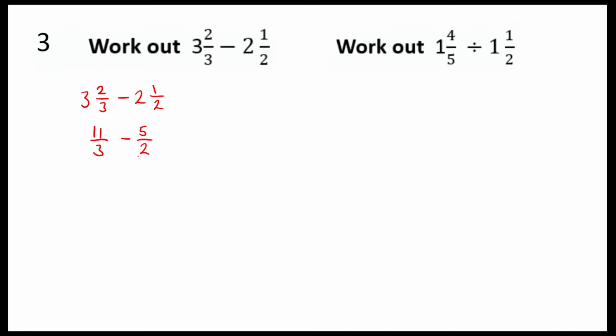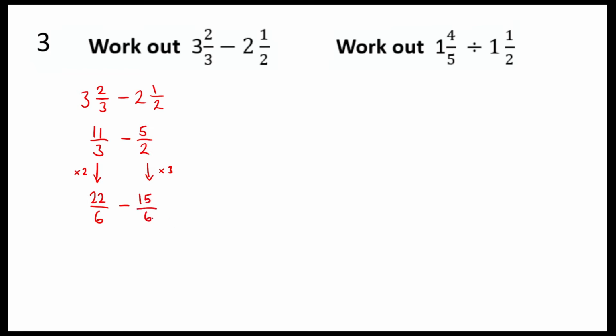The next step we want to do is make a common denominator. So I think with 3 and 2 at the bottom, 6 is the best number to have at the bottom. Meaning this first fraction I'm going to need to times by 2, and the second fraction I'm going to have to times by 3 on the top and the bottom. That gives me 22 over 6 for my first fraction, and times it by 3 gives me 15 over 6